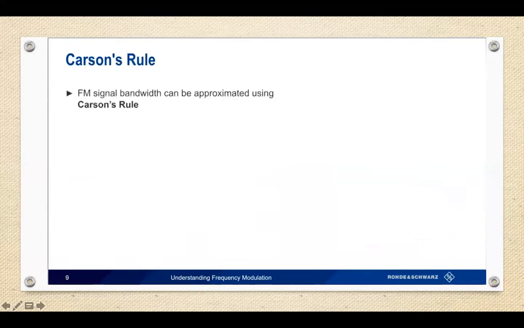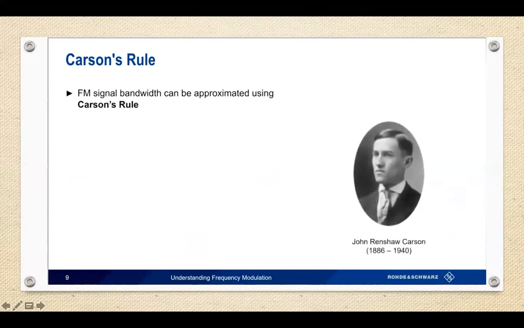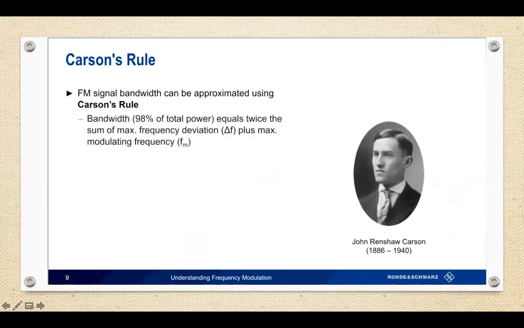We can approximate the bandwidth of an FM signal using something called Carson's rule. This rule is named after John Renshaw Carson, who first formulated it in 1922. Carson's rule defines the bandwidth of an FM signal as the region that contains 98% of the total signal power, and this can be computed by adding the maximum frequency deviation to the maximum modulating frequency and then multiplying this